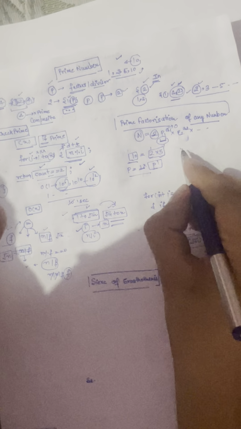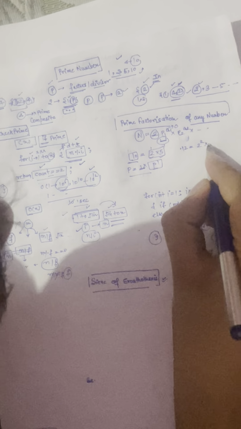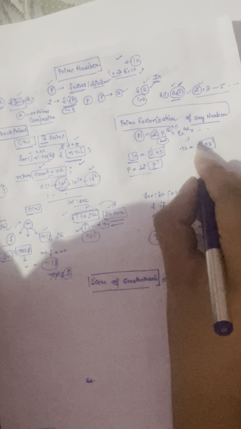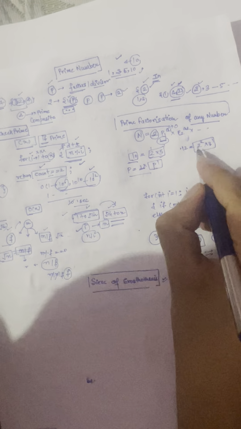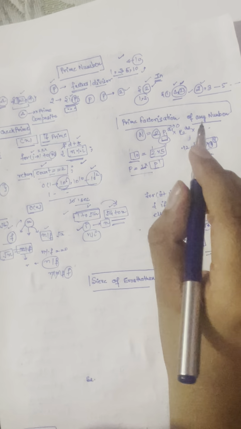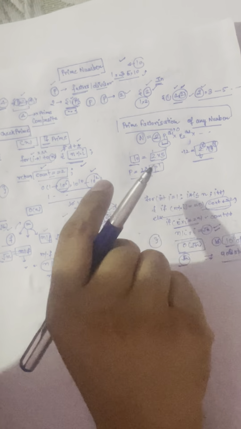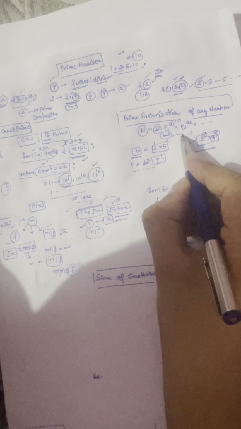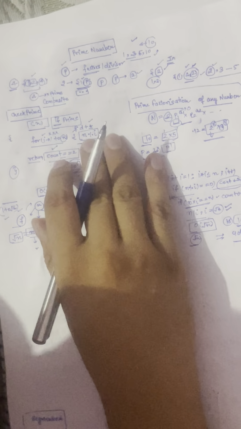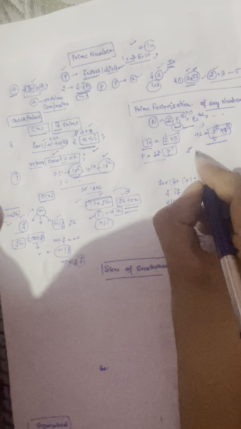But for any composite number, let's say 12, it is 2 raised to power 2 into 3 raised to power 1. So it is prime number p1 raised to power q1, p2 raised to power q2. We would be able to express any natural number in powers of prime numbers, so we would be able to factorize it with respect to prime numbers. Let's say we need to find all those prime factors.